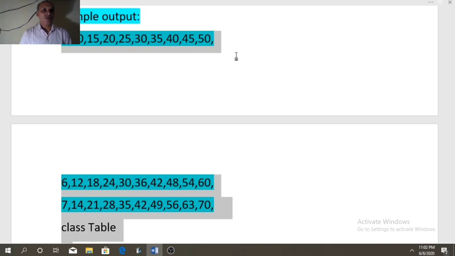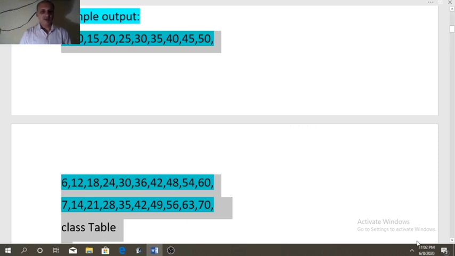So the outer loop we need to run 3 times because we have 3 rows, and the inner should be running 10 times because every row must have 10 multiples, or you can say 10 columns in each row.